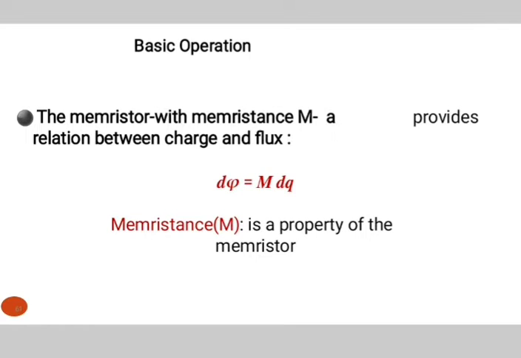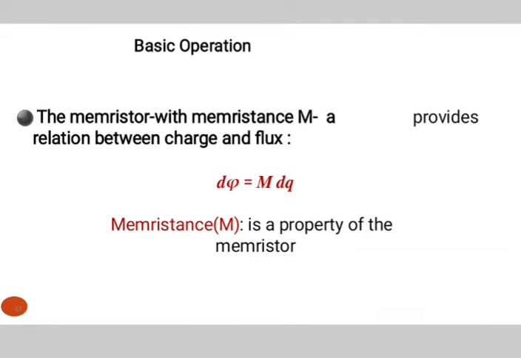So the memristor uses titanium dioxide as a resistive material, and it works superior to other kinds of material like silicon dioxide. When the voltage is given across the platinum electrodes, then the titanium dioxide atoms will spread right or left in the material based on voltage polarity, which makes it thinner or thicker. Therefore, it gives a transform in resistance. So the memristor with memristance M, a relation between the charge and flux is given here.